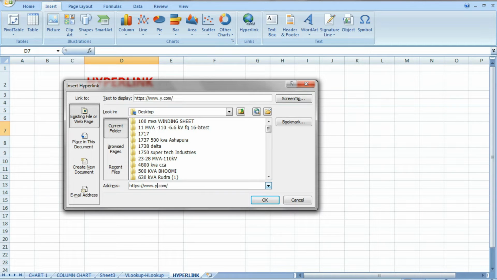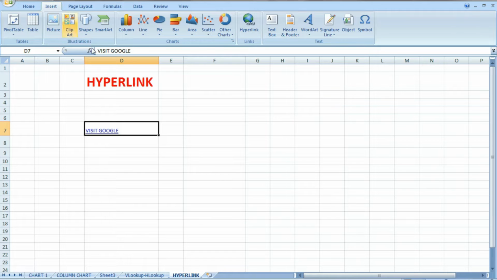Say Google, and here the name of the hyperlink is visit Google. So friends, the hyperlink is created.